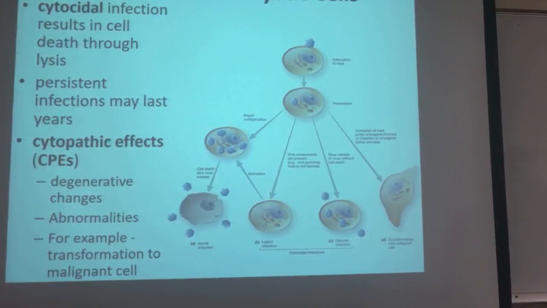We talked about eukaryotic cells as well. Just remember, in eukaryotic cells, you can have multiple outcomes as well. It can either destroy the cell, it can be a chronic infection, it can cause cancer, right? Viruses can cause cancer. Anything that disrupts your DNA, causes mutation, changes your DNA, could potentially give you cancer, right? We talked about that.